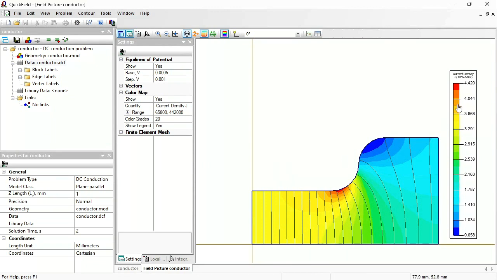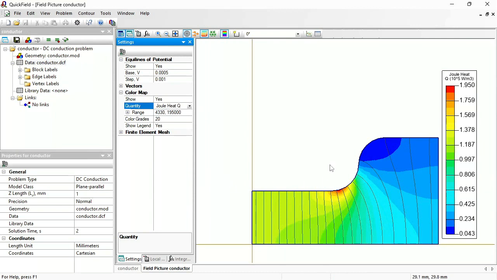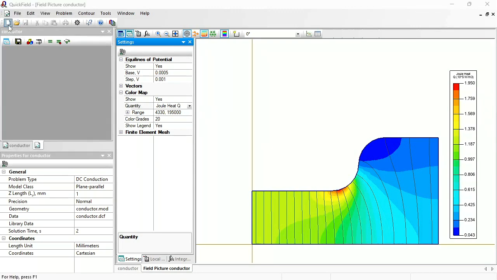You can see the current density distribution, and it is not uniform. So the Joule heat distribution is not uniform as well. So I might expect to get a non-uniform temperature distribution. Let's calculate the temperature distribution. I create a new problem,